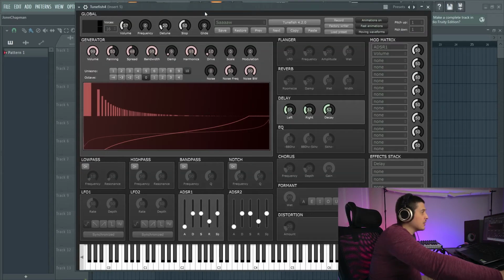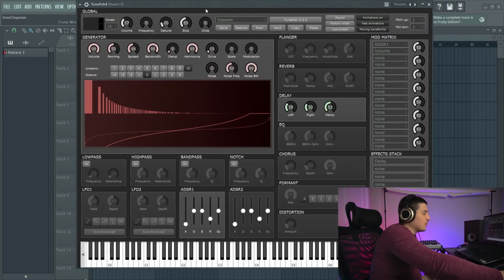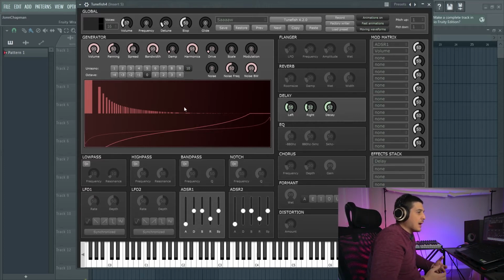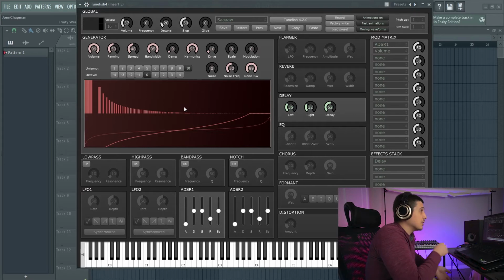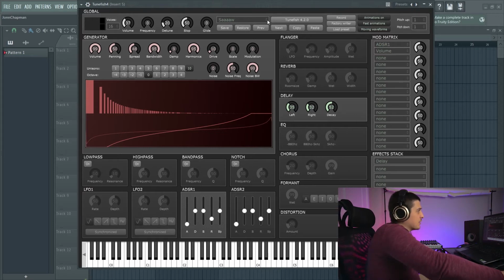Our next option is going to be Tunefish. Tunefish was originally made to be as small of a program as possible without giving up on quality. And this off-the-wall synthesizer is interesting to work with and can create some pretty cool stuff. If we go through some presets,